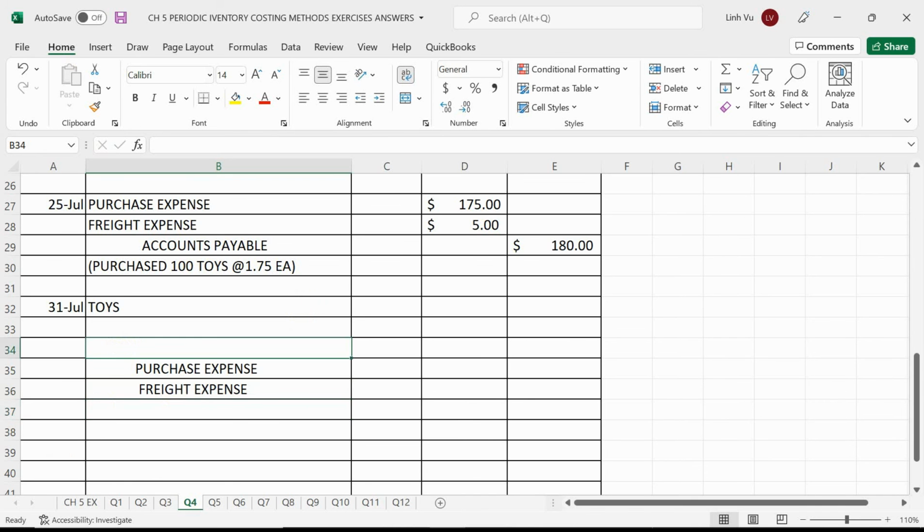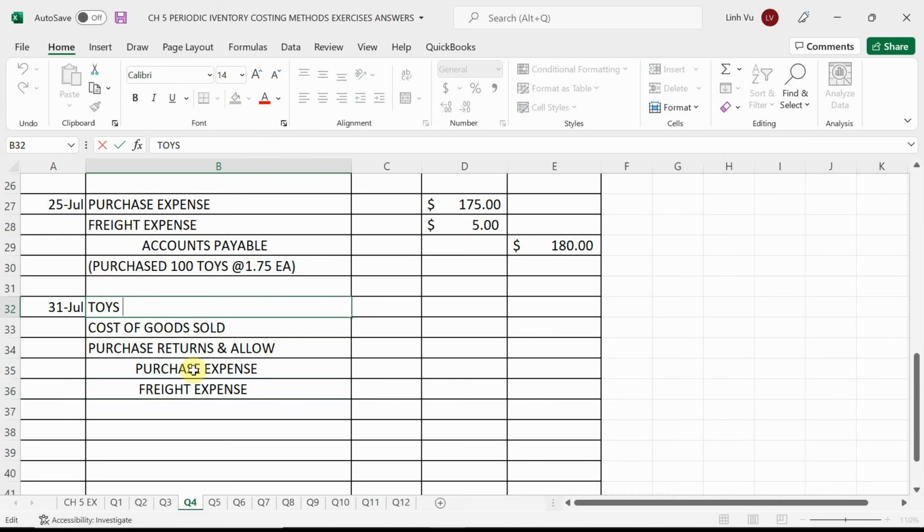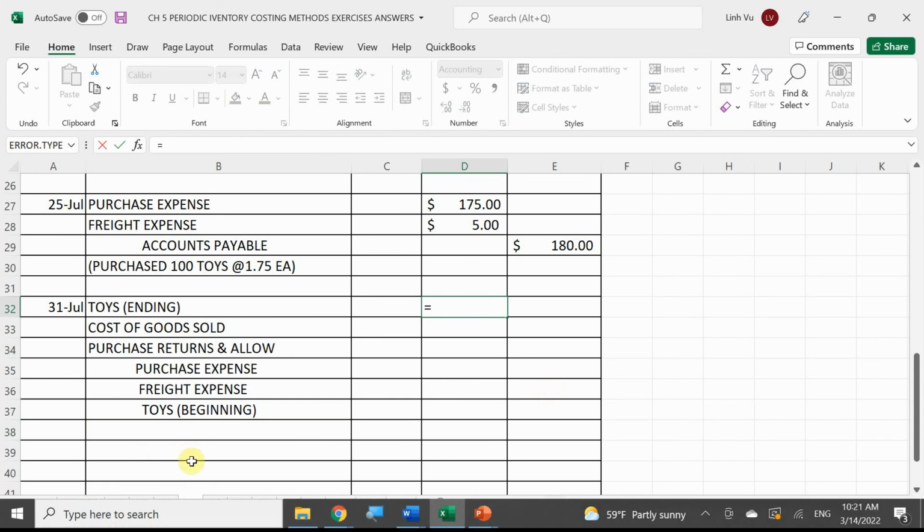We need the returns and allowances. Good. And we need the cost of goods sold. Anything else? We have ending inventory, right? Ending inventory. I'll put here, ending. What else do we need? We need our beginning inventory. So remember, beginning always comes last, right? Ending comes first. So in this case, what was my total ending balance in my